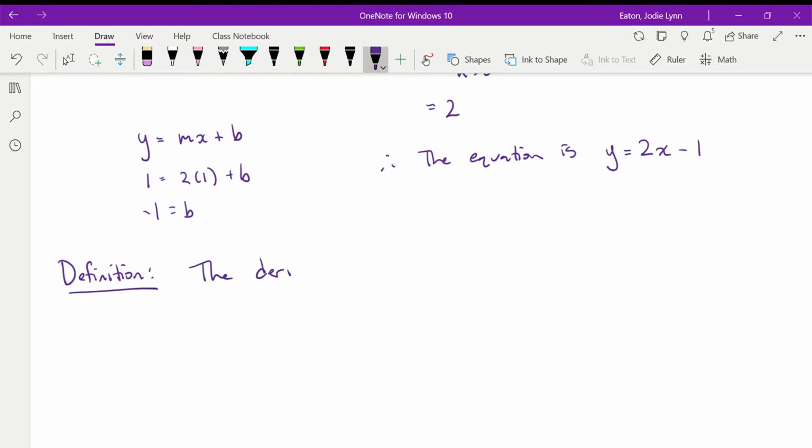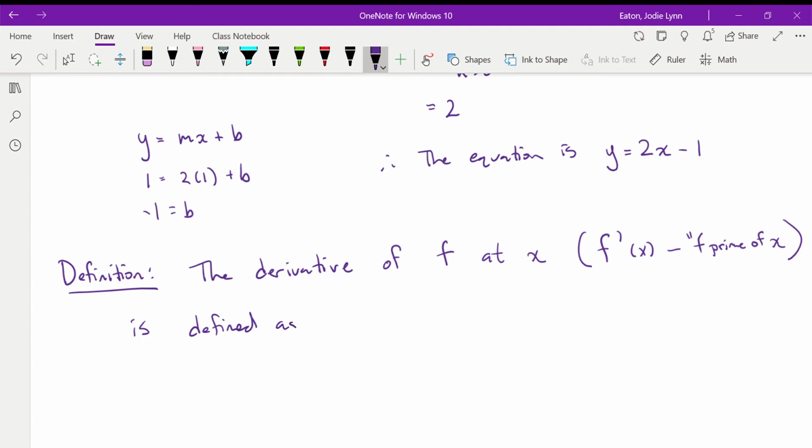The derivative of f at x, which we will call f prime of x, I will write in red, this reads f prime of x, is defined as f prime of x equals the limit as h approaches 0 of f of x plus h minus f of x, this is just the difference in the y's,